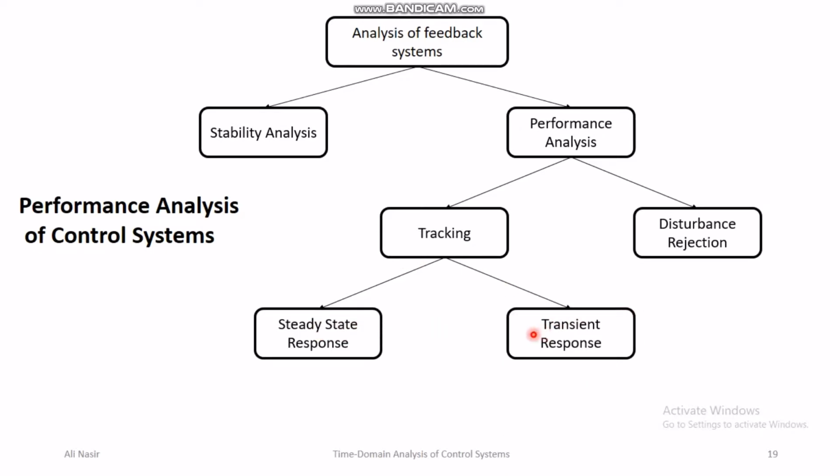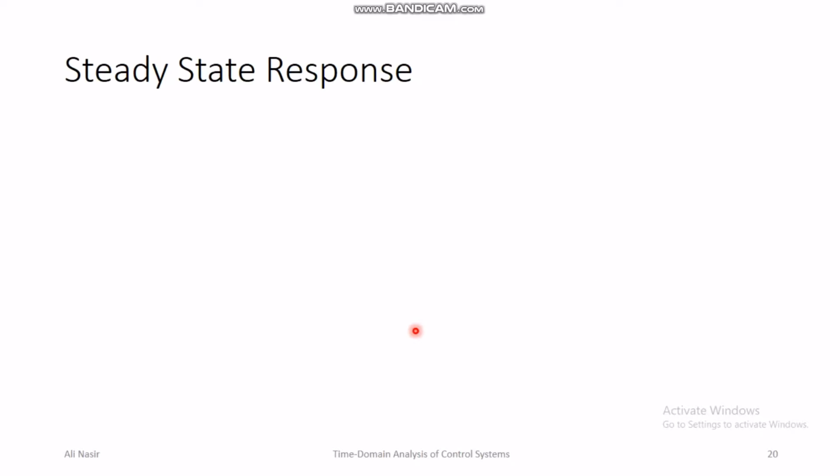The steady state performance is characterized by steady state error, and transient performance is characterized by different quantities such as percentage overshoot, rise time, settling time, and time delay, and so on. So we shall be looking at both of these types of performances. I have enclosed this in the red box because we are going to discuss this in the course. We have already discussed these in the course. I am just going to review these performance analyses in the review of the course. So first I will be reviewing the steady state response or steady state performance.